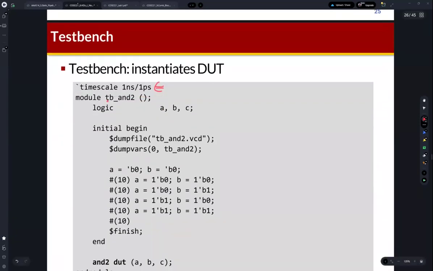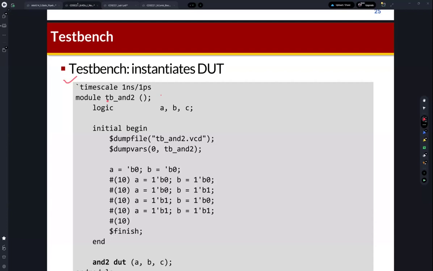In the Testbench module, I added this line, called timescale. This is a kind of primitive, some special command for SystemVerilog, which means that we configure the time